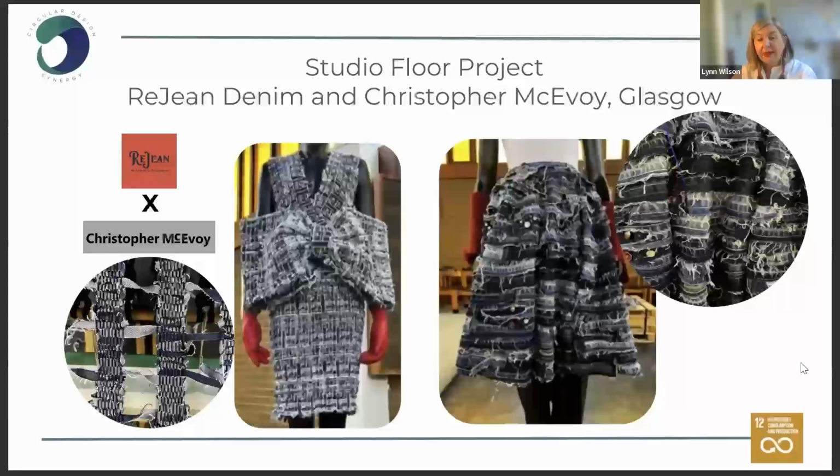This is the opposite end of the scale from digital technology, but a really lovely and important example of zero waste design in Scotland just now. This was a collaboration between Regine Denham, Siobhan McKenna and Christopher McAvoy. Siobhan McKenna is a garment designer known for her Regine post-consumer denim system of developing a textile into garments. Christopher McAvoy is an internationally renowned luxury weave designer, and they met and collaborated during the lockdown period,